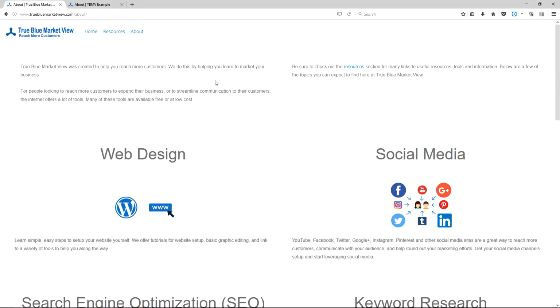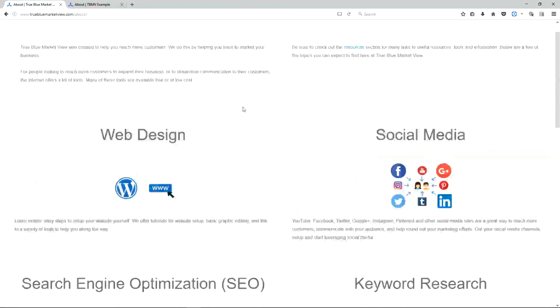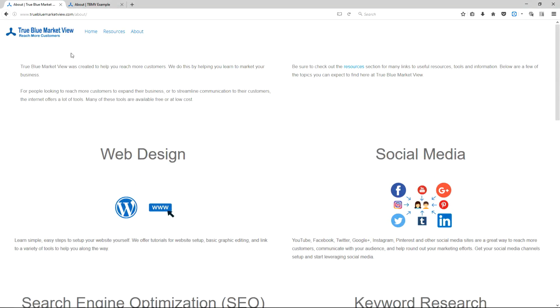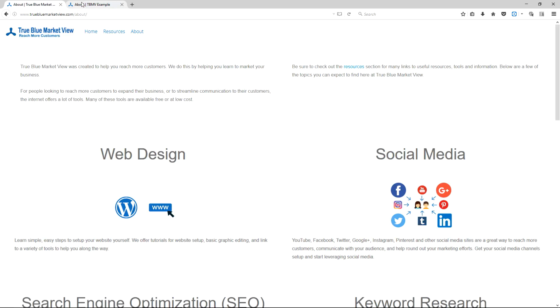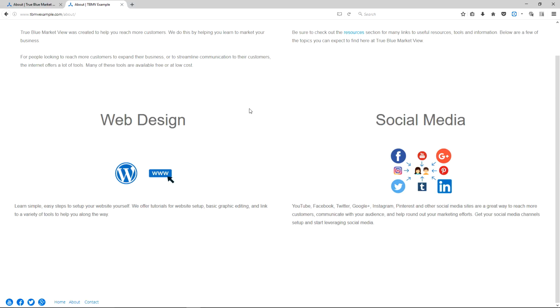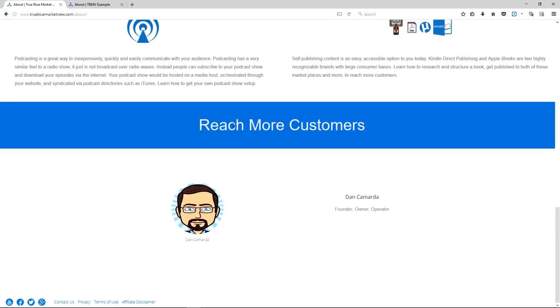We compare that to the truebluemarketview.com About page, and we see that the part that's actually there, which is the top section, looks exactly like the About page on the example site, and matches the About page on truebluemarketview.com, with the exception of the additional content that we haven't yet added. But I think you get the idea, as these pages are pretty straightforward, and it only gets simpler from here. If we look at our terms of use,